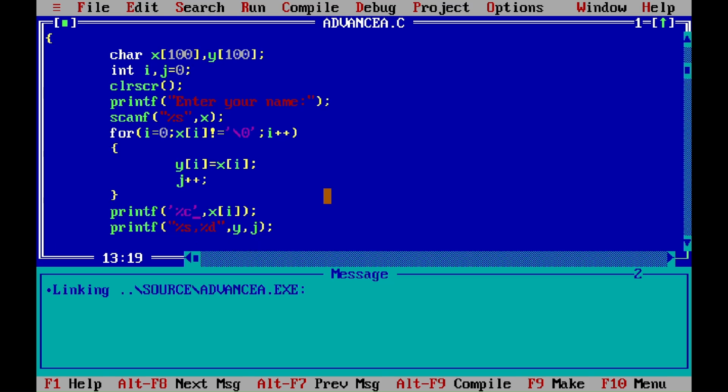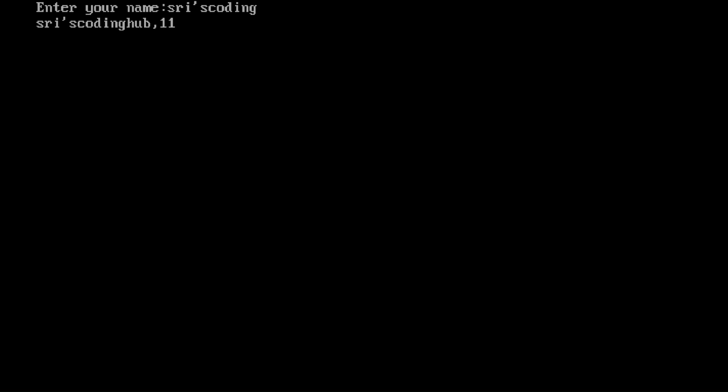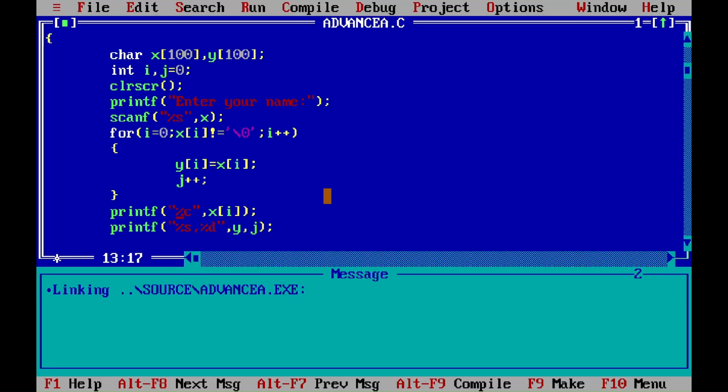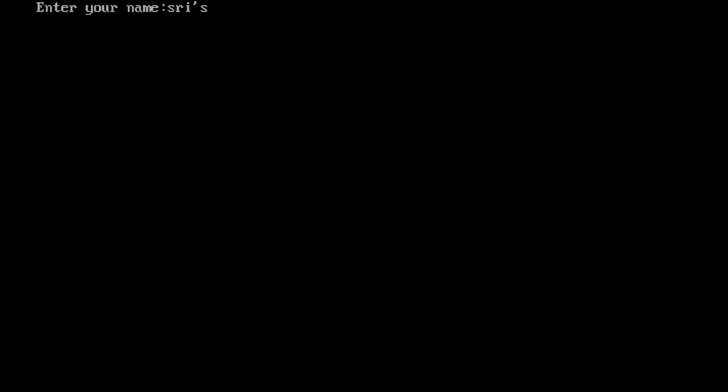This is not the correct way of declaring %c, this is the only right way, but it should give the null character, I don't know why. Let's run Shree's coding, but it is not printing the null character. Okay, it's fine. Now here you can see the j value is 11,